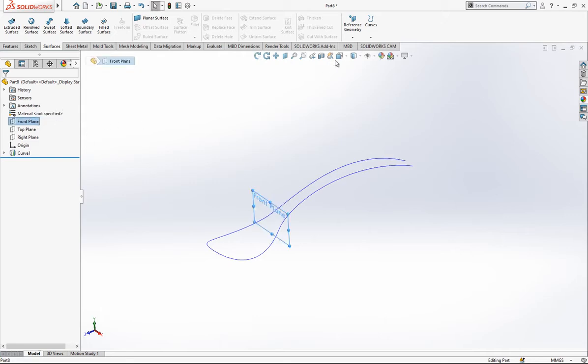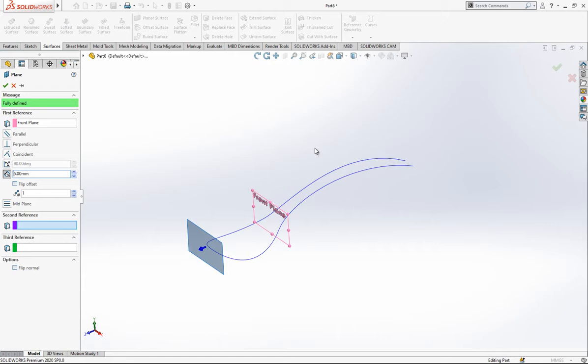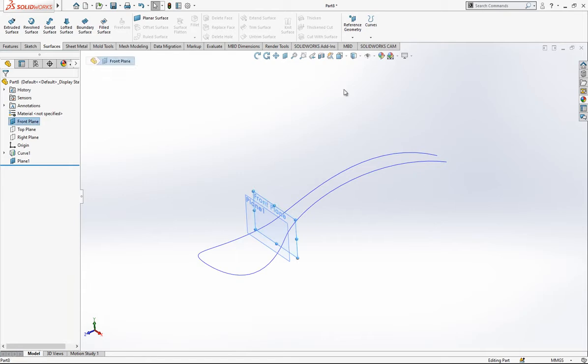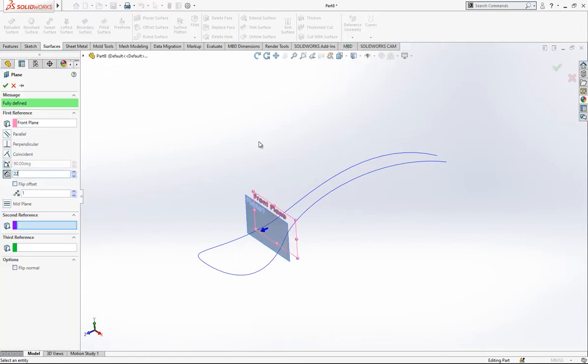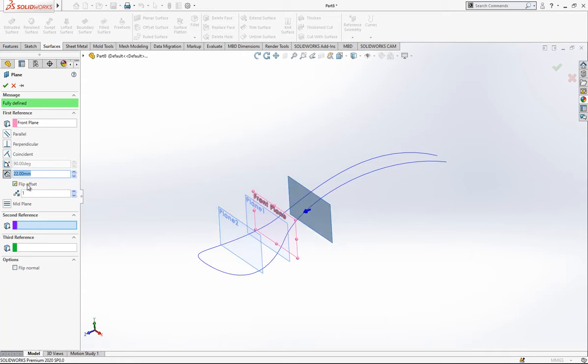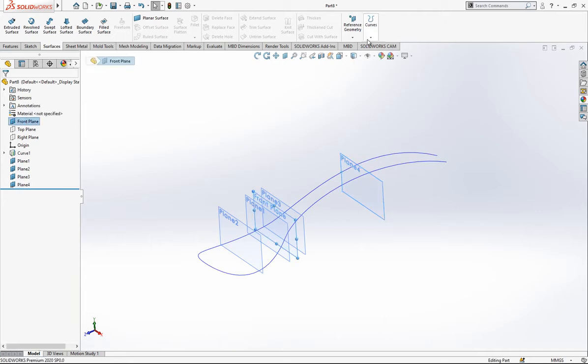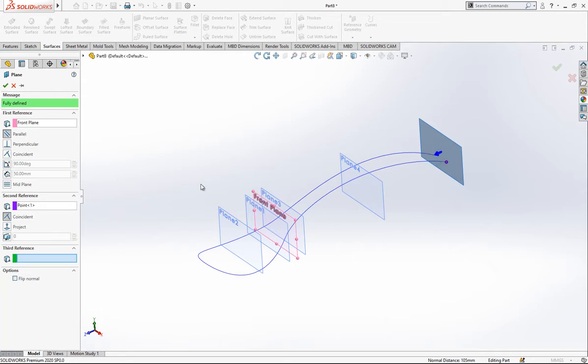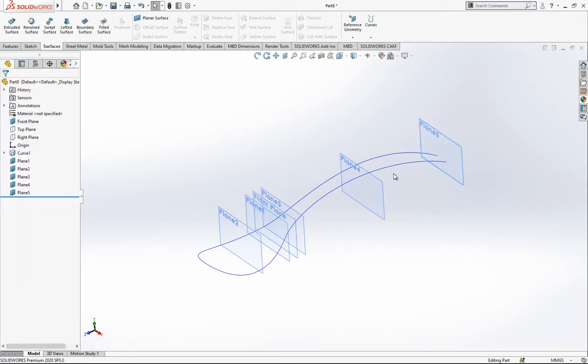After this operation we go front plane. We say 1 at 5 mm. I show my plane here. 1 at 22 mm. And we click again that. We say at 5. And we say 1 at 15. Of course, the last one will be at the end. We just pick a point here with a reference plane. These are our